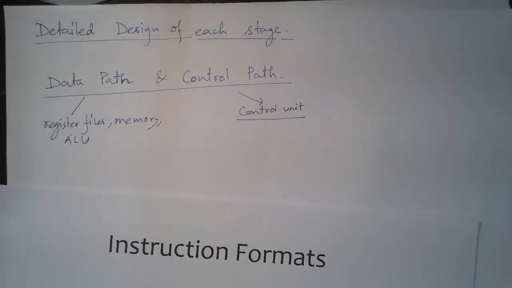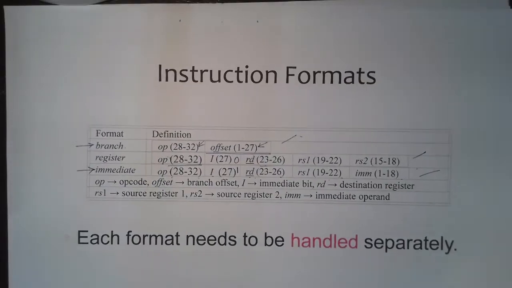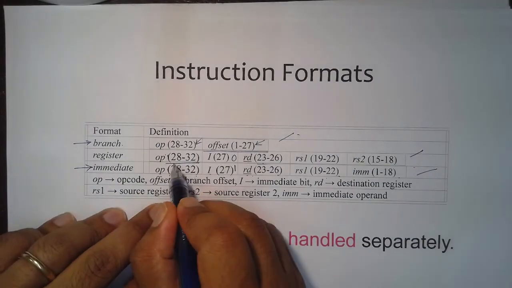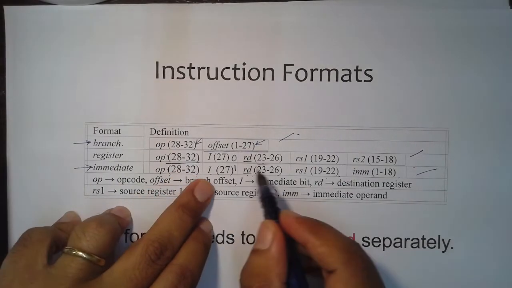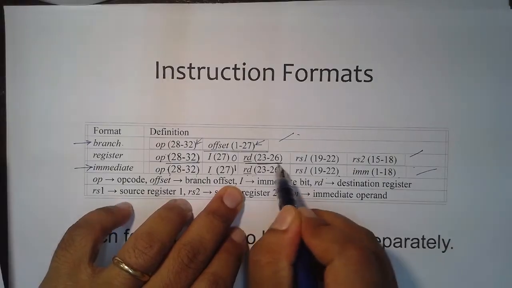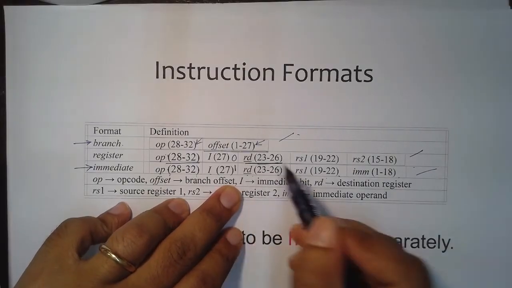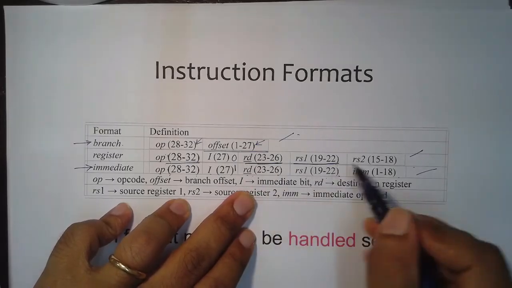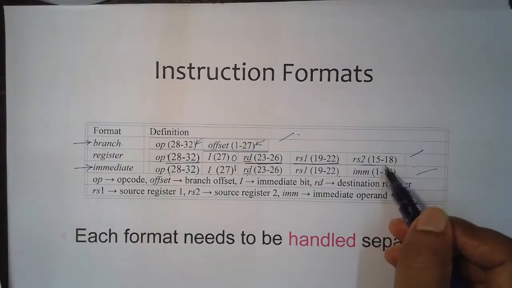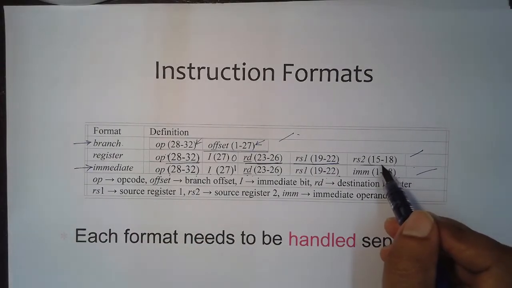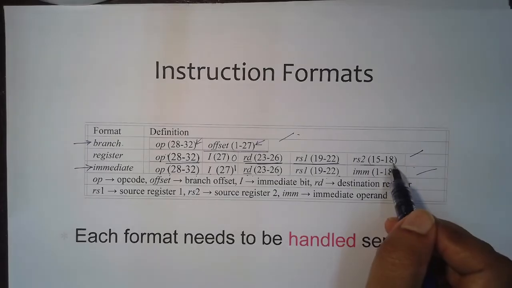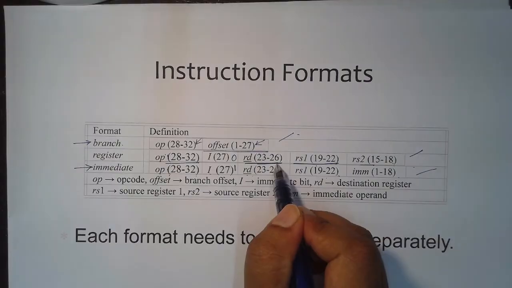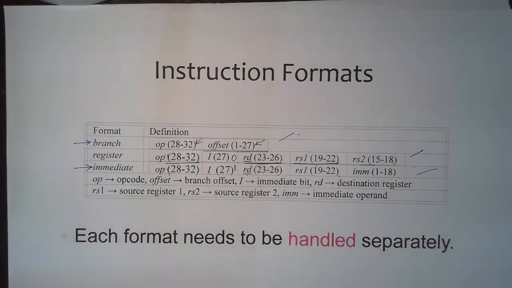all right. So if we look at this, in case of register, the opcode is fine. Now, this is our destination register from 26 to 23, this is the first source, and this is the second source, which we are getting from this part of the instruction. So 18 to 15 is RS2, 22 to 19 is RS1, and 26 to 23 is our destination register. So these are the registers we need to read,